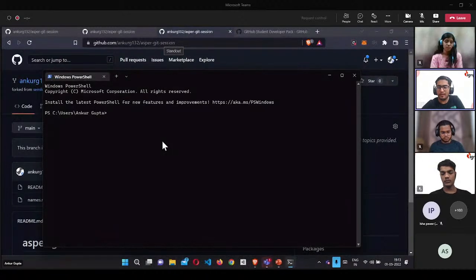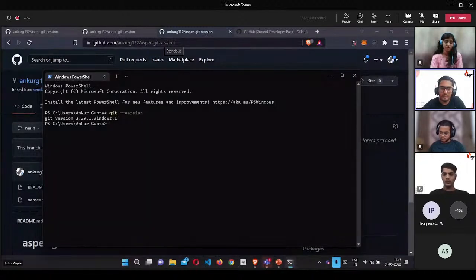Since I'm assuming that you have Git installed, if you want to check, you can just write git --version here. And if you see something, that means that you have Git installed. So you can check that you have Git installed through this. When you install Git, I think there's already a check mark through which you can add it to your path directly.